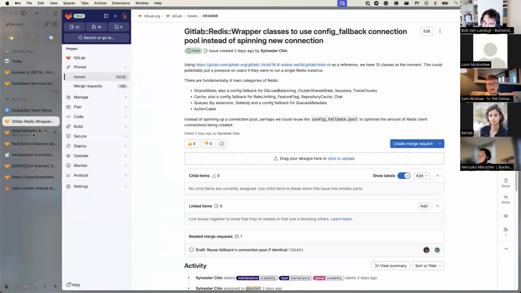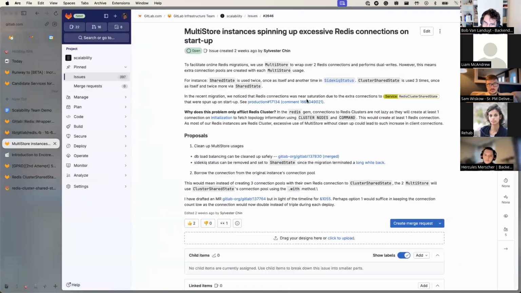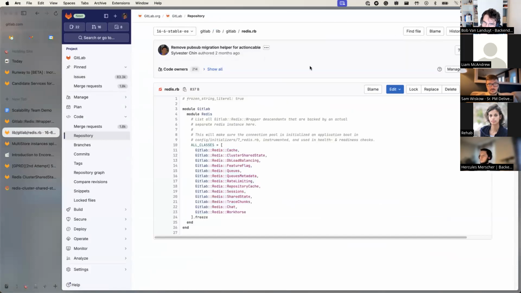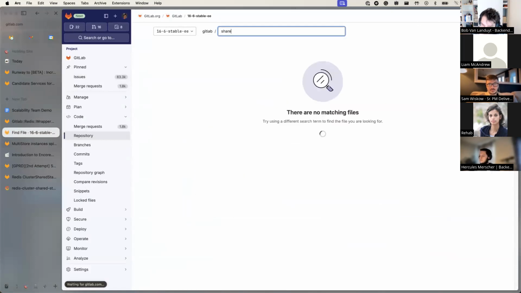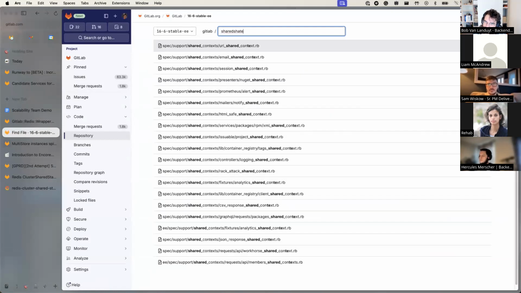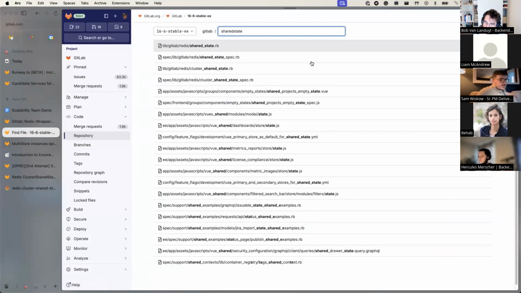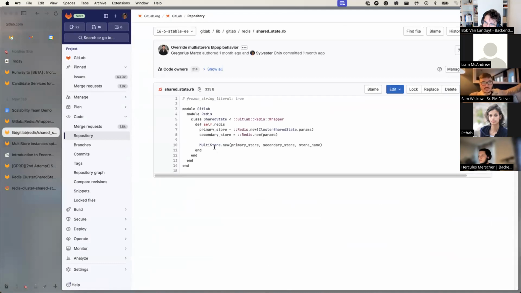All right, then the next thing is multi-store. This is a longer issue, but I can pull up what multi-store is. Shared state right now wraps over 2 Redis connections, one to Redis persistent and one to the Redis cluster. We migrate between Redis this way by doing double write, and then we cut over the reads. So because of that, during a migration,